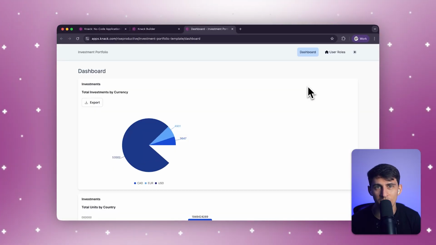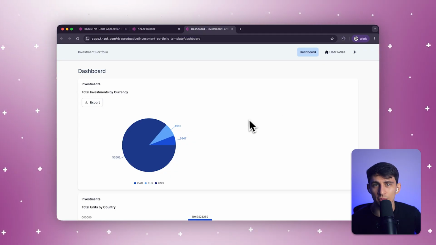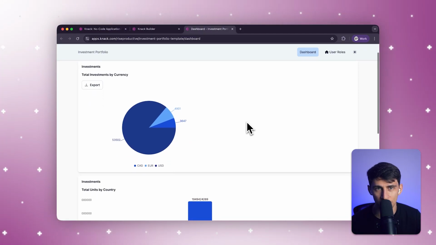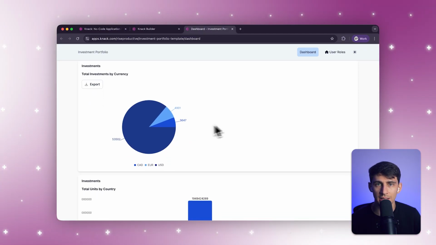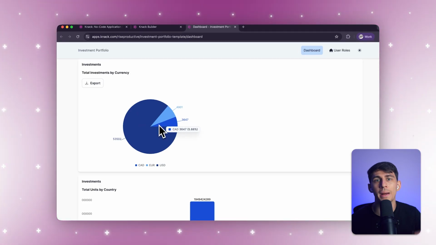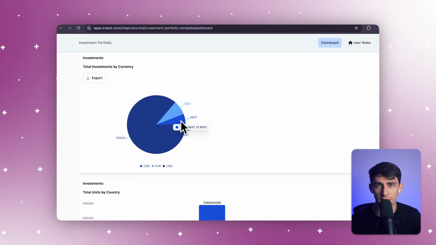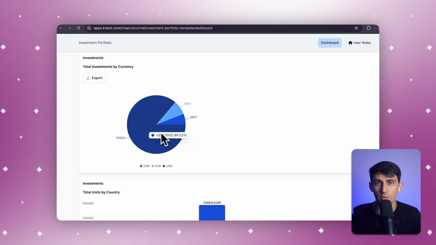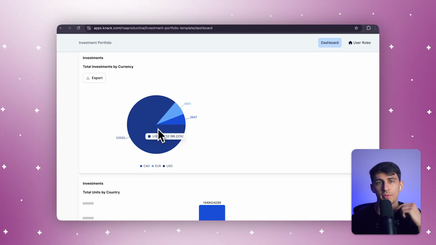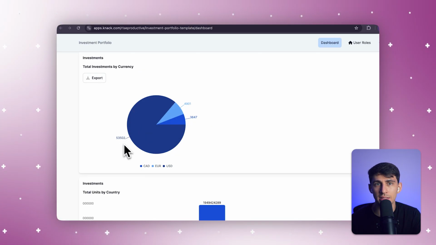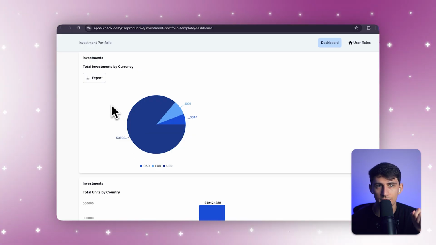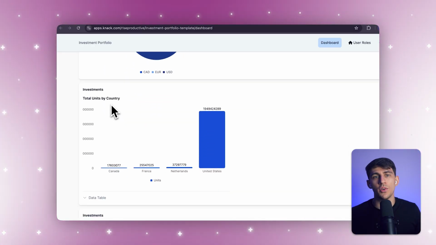Wow, will you look at that? Here's the actual dashboard page. The first page is as we intended. Let's hover over some slices of our total investments by currency pie chart. You see that the interactive tooltips display the correct data instantly. Over 53,000 US dollars were invested, and we also got investments in euros and Canadian dollars. Really nice. This means that your team can get precise information without clicking through multiple screens, and this data is